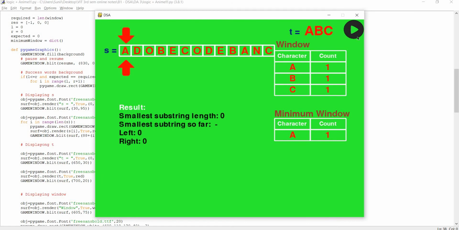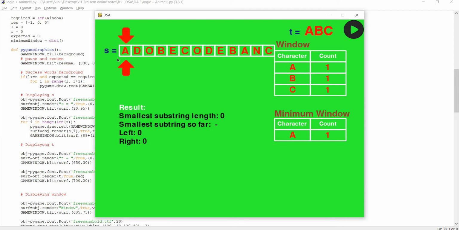Now let me pause. See, there is a button for pause and resume. I have done this using Pygame and Python. The logic which I did on LeetCode was only code, but in this local Pygame with Python, I did it with the code as well as animation. You are seeing the animation only. Now I have paused it so that I can explain what the parameters are, the tabular columns, so that you can understand it easily.